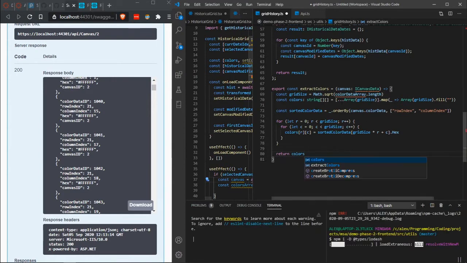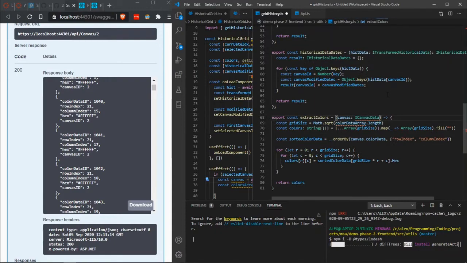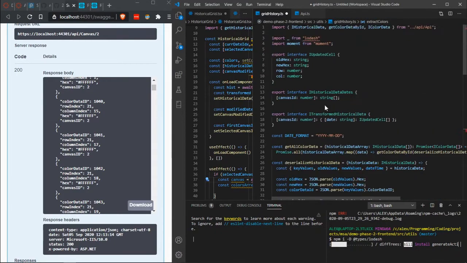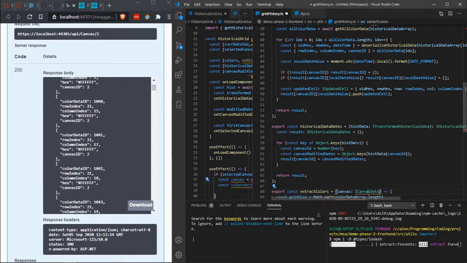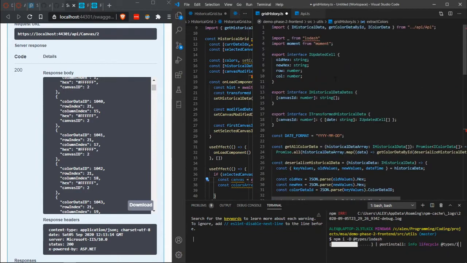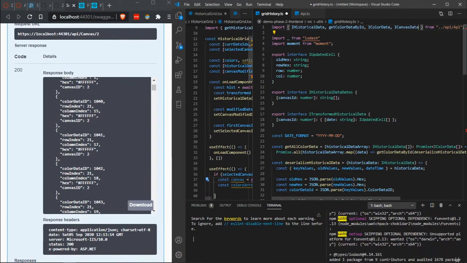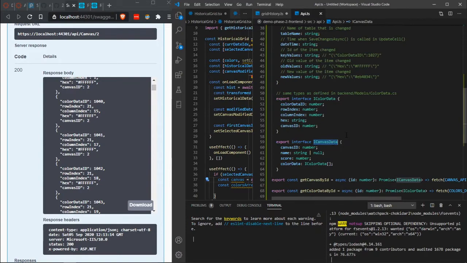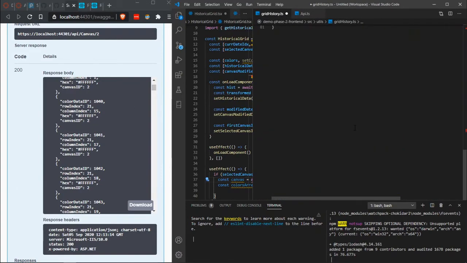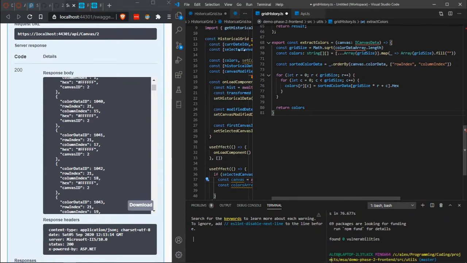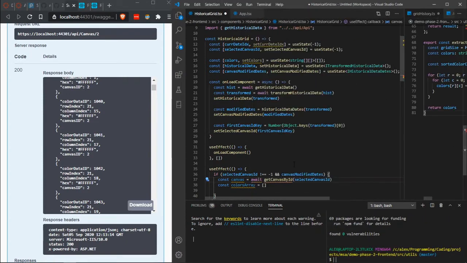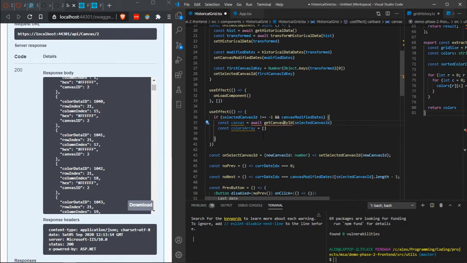And this is throwing up some errors. Cannot find it. So we just import it. I think we have to import it ourselves. The IntelliSense does it for us, hopefully. Not yet. We just import it ourselves. ICanvasData. There we go. So this is the grid history. The extractColors